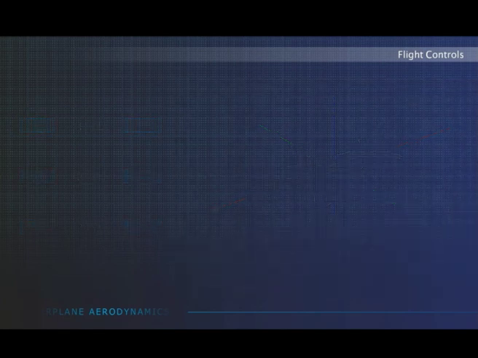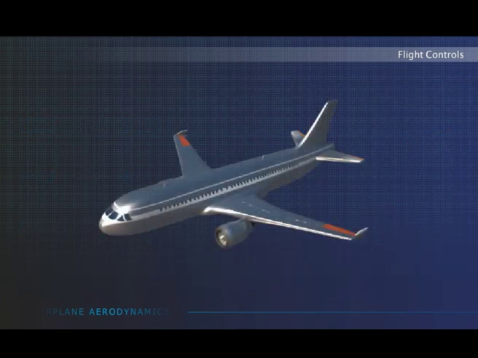Control surfaces are usually hinged near the extremities of the airfoil so that they can have the greatest moment arm from the center of